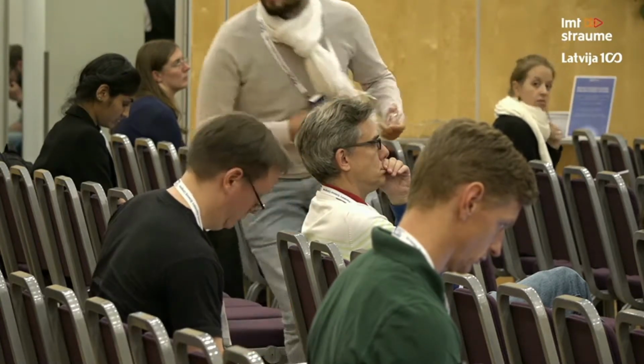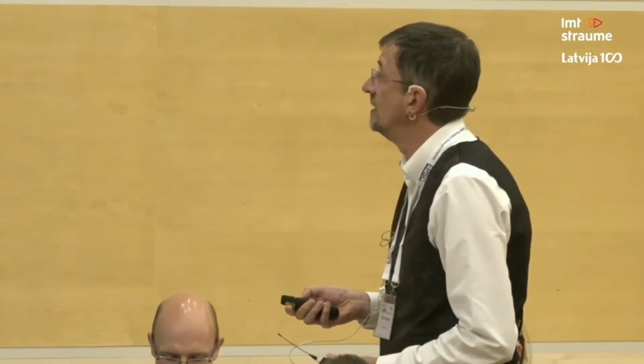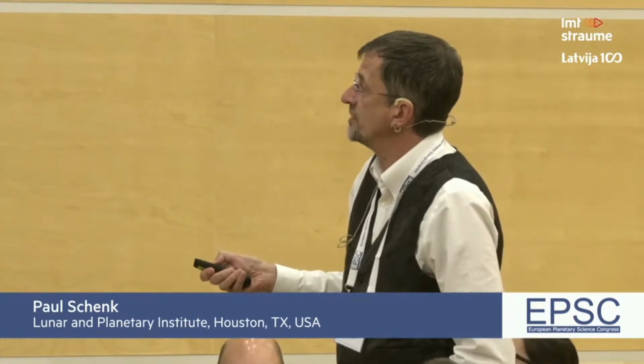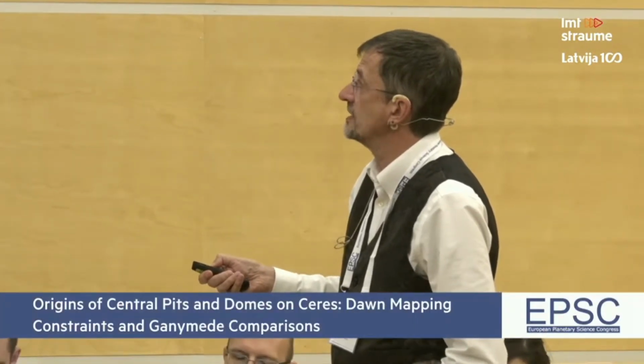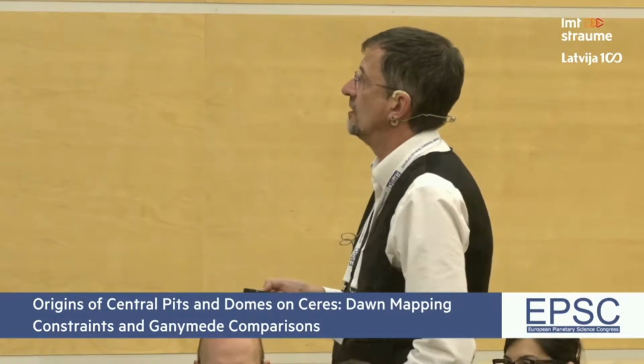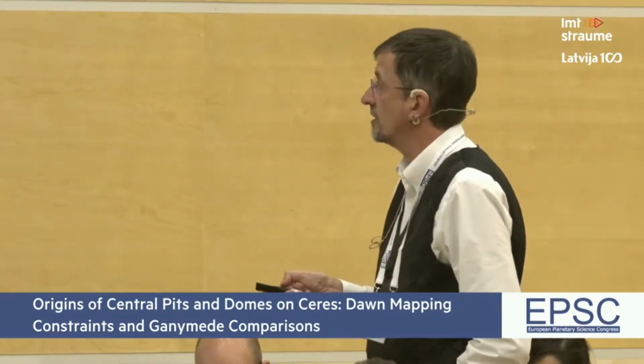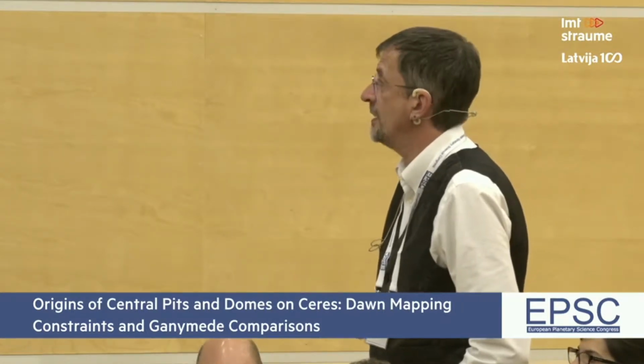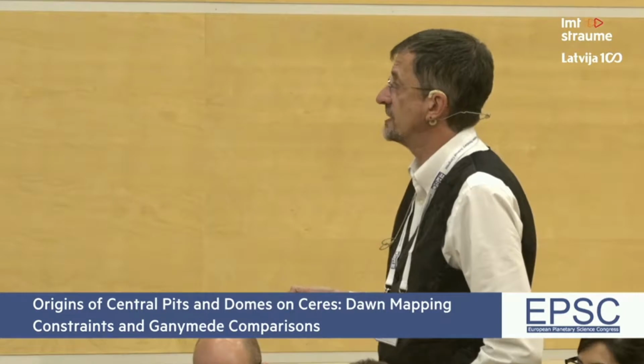Okay, thanks. All right, we've heard a lot about the bright spot at Occator today, and I'm going to try and argue that you can't really understand that feature and how it formed without looking at the structure in which it formed, which is the topic of the talk today, and that is this central depression and also the central dome that occurs in the shadows there. This is a spectacular oblique image that Dawn acquired. And the mechanism for doing that is to compare it to central pits that you see on Ganymede and Callisto